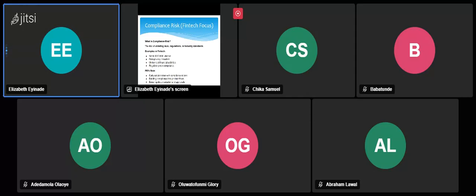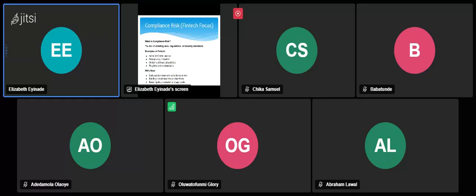Weak KYC and AML check. Your KYC, which is your know your customer or know your business, depending, needs to be rigid. I don't know the right word for it, but you just have to be there. You have to ensure that everything on compliance side is there, because any small thing can take away your license